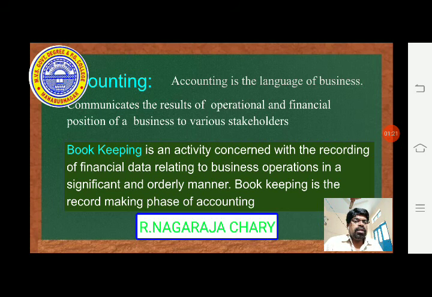So, let us see the definition. In this we have two phases. The first phase is known as bookkeeping, the second phase is accounting. The first part is known as bookkeeping. Bookkeeping is an activity in which all the financial data is recorded based on the nature of the principles, nature of the activities. That is why bookkeeping is known as the primary part of